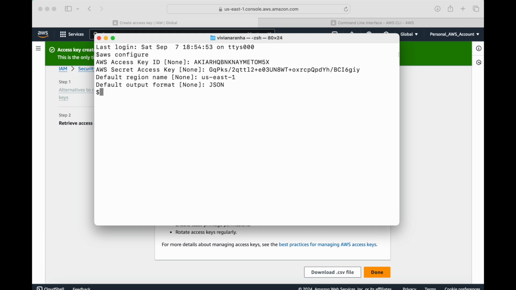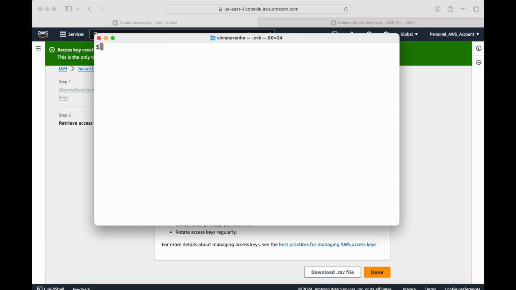If I want to see all the S3 buckets, I can say aws s3 ls. Since I have not created anything, it's going to give me empty. Next, let's clear this out first. Next, I want to launch an EC2 instance: aws ec2 run-instances